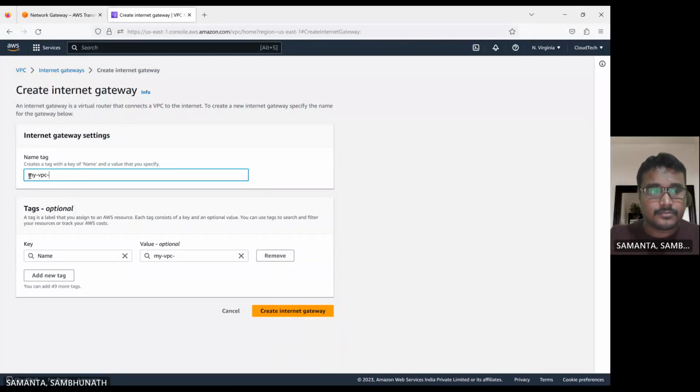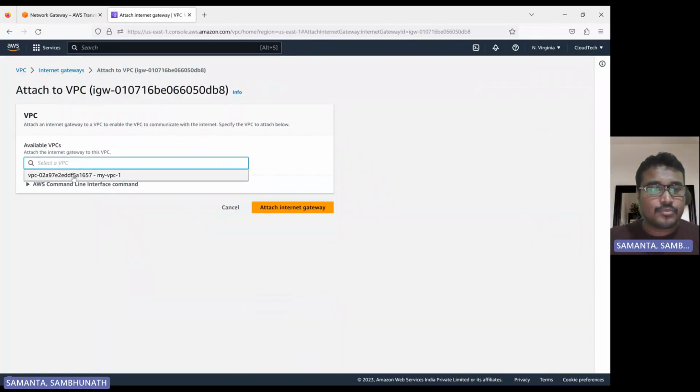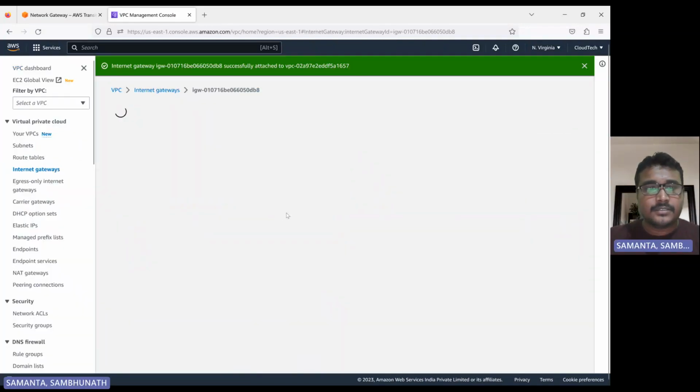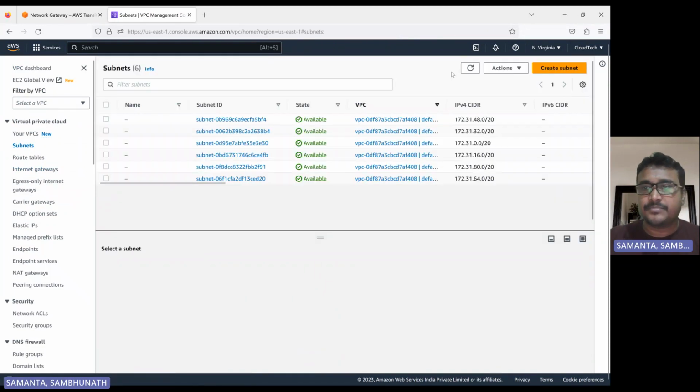Internet gateway. Okay. Let me create this internet gateway. Let's attach this internet gateway to my VPC. Okay, so this is done. So let me create the subnet here